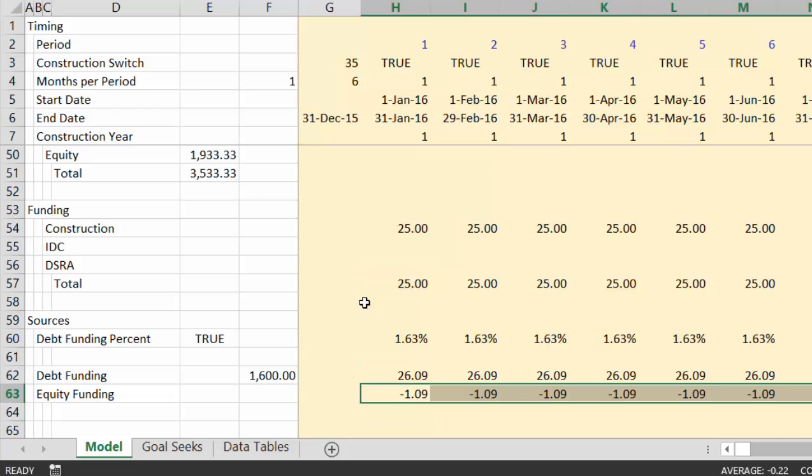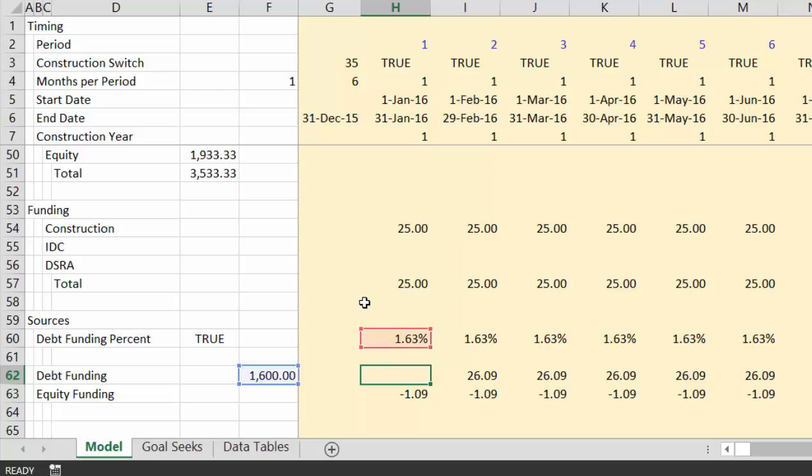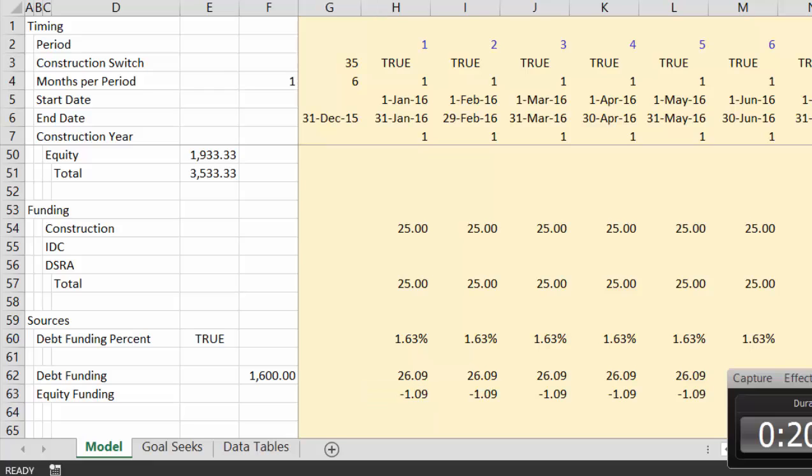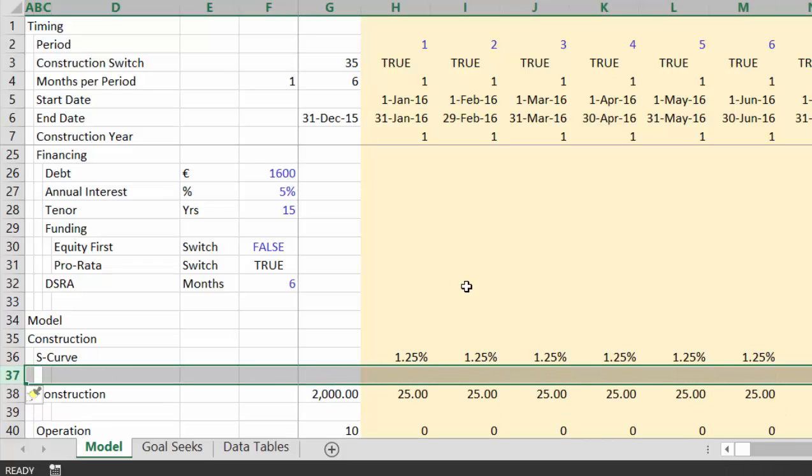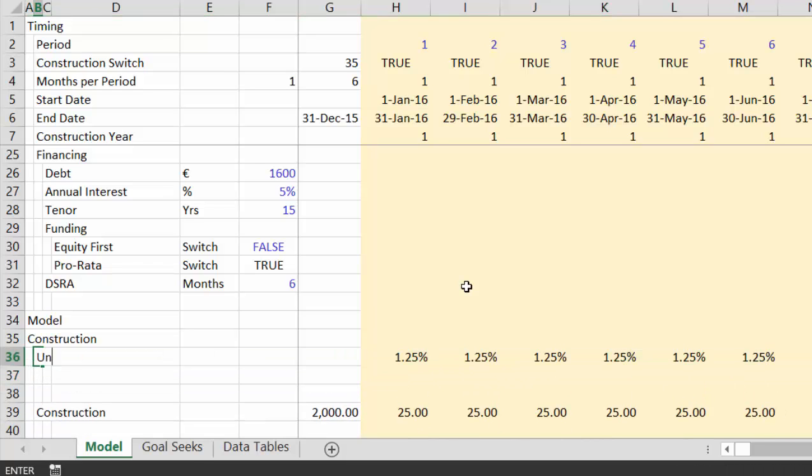And just a minute. That should be less than 1, of course. Okay, I forgot to fix the S-curve. I was going to tell you. This should be unadjusted. Unadjusted S-curve. And this, why don't we put,